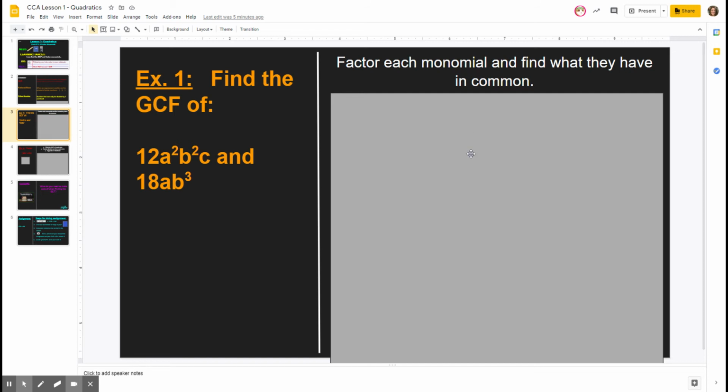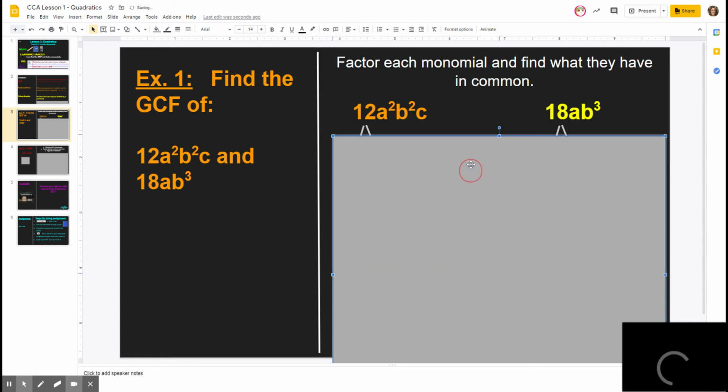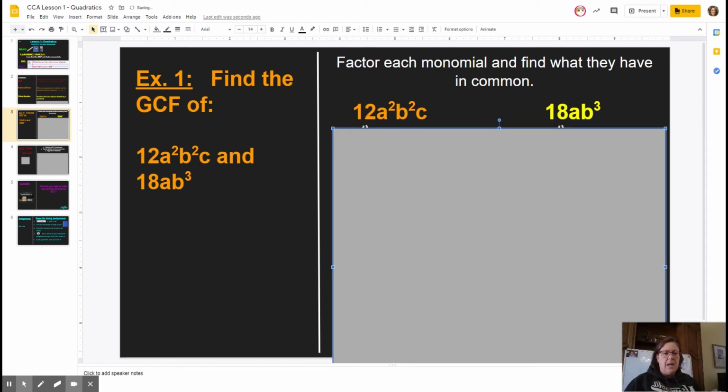All right. So first thing that we're going to do is we're just going to write down each term kind of side by side, and we're going to make something called factor trees. I believe you have probably done factor trees at some point in your mathematical career. All right. So the first thing that we're going to do is when you start factoring numbers, you just ask